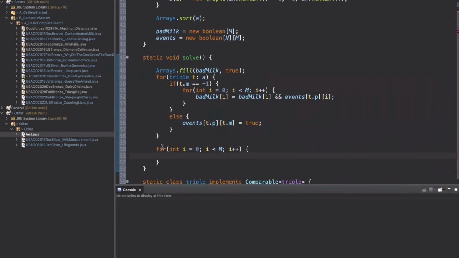And so in order to do that, we're going to loop through the milk, and if it says that bad milk is true, then we're going to